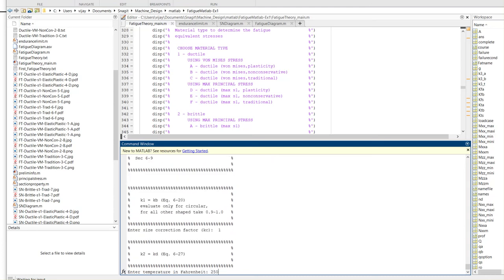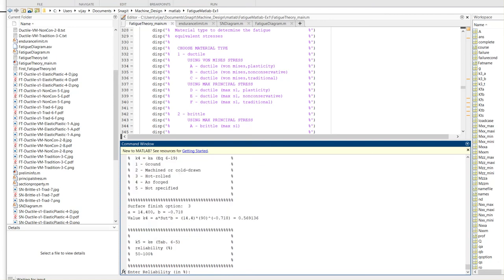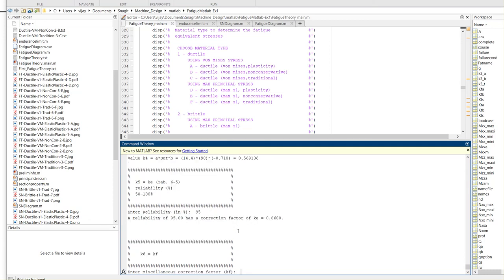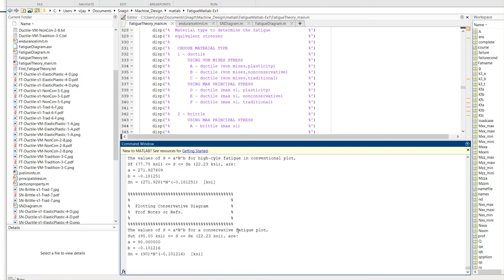It was 250 degrees. You're working with hot roll, number 3. You can see that your code actually gives you all the math that you actually need, how this is done. 95% reliability, no other miscellaneous factors. This happens at 10 to the 6. Endurance limit starts there. Then you run the code,